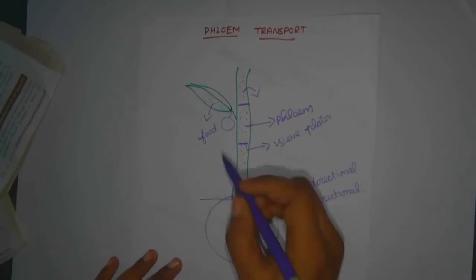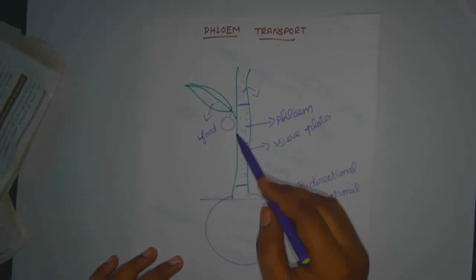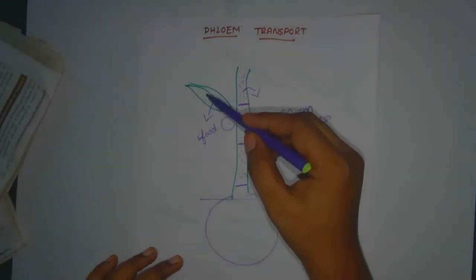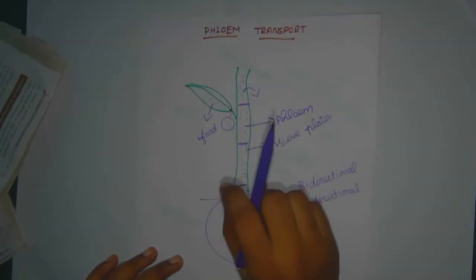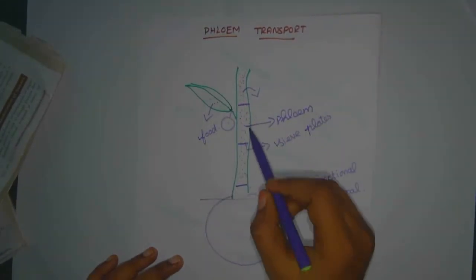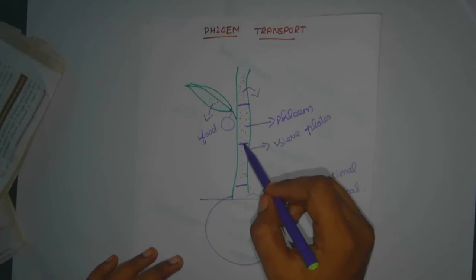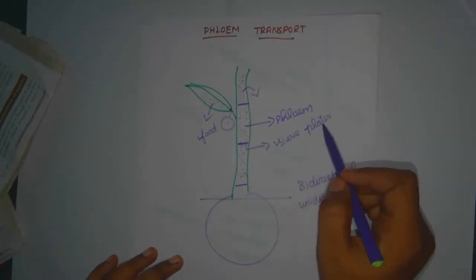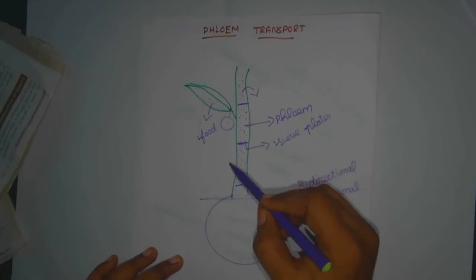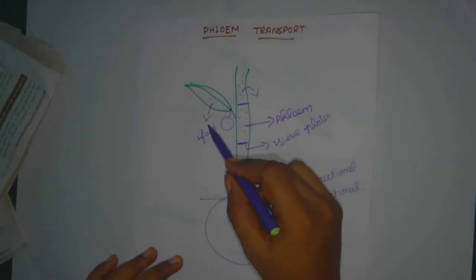The first thing is that food is synthesized by the leaves and transported through the phloem, either to the area of requirement or stored in the phloem part, that is a sink. They have given that part the name sink. Here the phloem tissue is composed of the sieve element, which has open pores. Through the pores they have plates, which are given the name sieve plates.